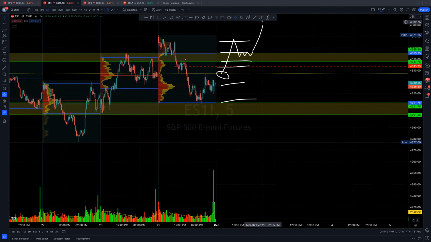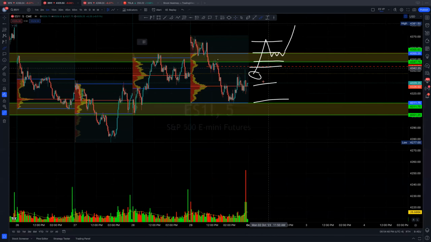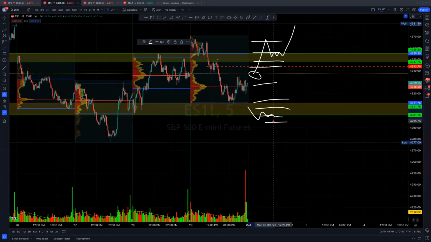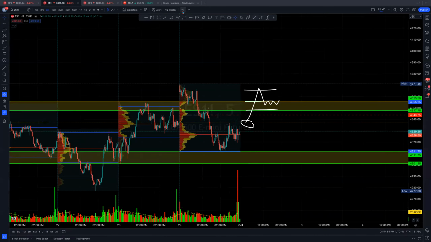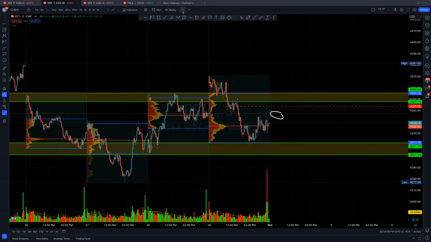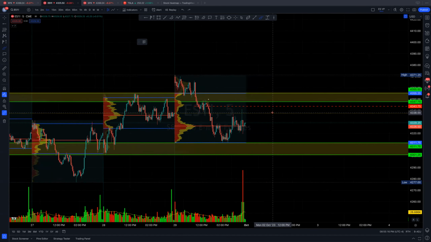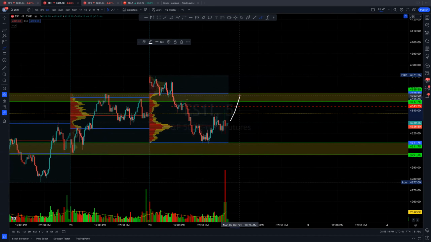Now, if I see the value area hold over here and price hold over here, I will be looking for downside. Now, another scenario, or multiple scenarios. Let me delete all these lines. If I see within the first hour or two, just give me one second, Arthur. I'll go over that, and this is going to show you what could potentially invalidate a move up or a move down. If I see price do this,